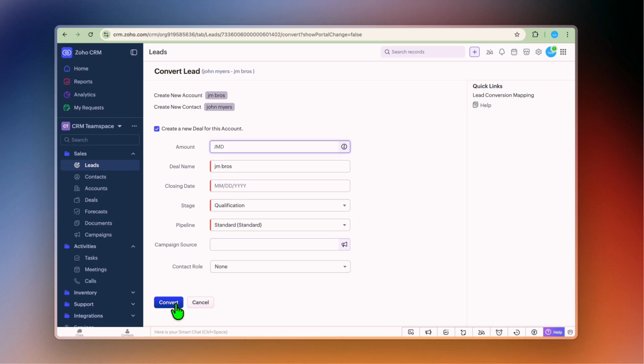So once that happens, the deal record becomes one of the most important places in your CRM. This is where you track the value of the opportunity, the stage of the sale, and the expected close date, and related activities, notes, and communication history. So if you ever want a quick answer to the question, what deals are active right now, this is where you can look. The next thing that I'll also be showing you is how to use tasks, calls, and meetings